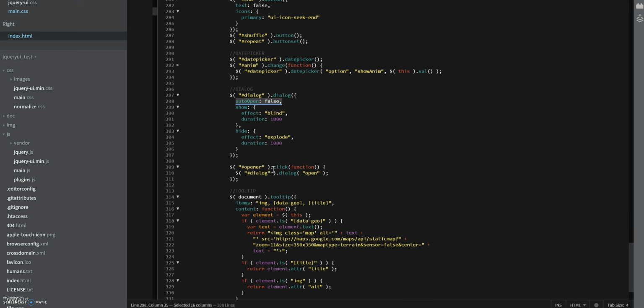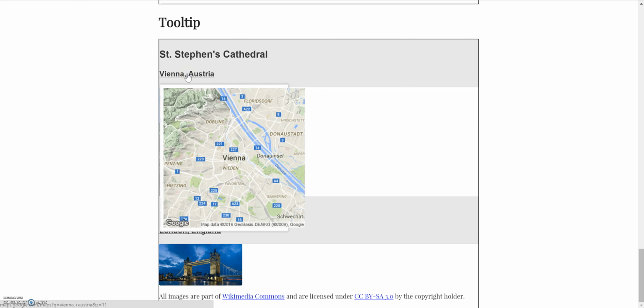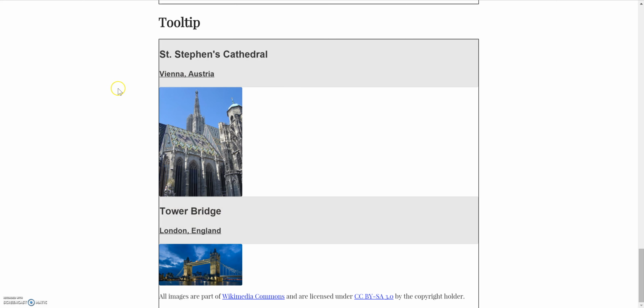Looks like I'm running out of time. So the other thing is a tooltip, which you can do really cool tooltip stuff. But yeah, so that's the basics of jQuery UI. There's lots of other things that we missed out on, but